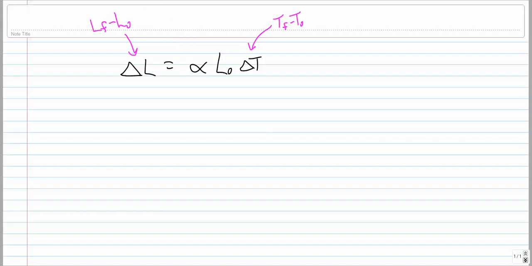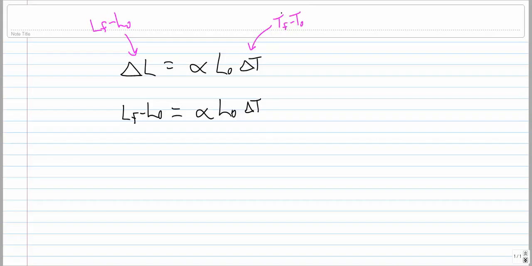So I think what I want to do in this video, if this shows up in here and in here, wouldn't it be nice if we had an equation that just solved for it in one place? So what I'm going to do is I'm going to write this like this. I'm going to write my delta L. I'm going to write LF minus LO. So that's this. And that equals my expansion coefficient. And then I'm just going to leave this delta T